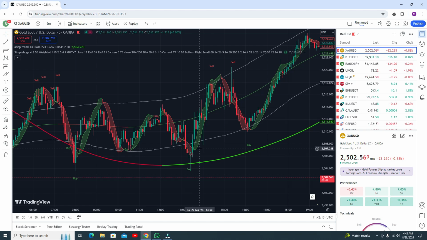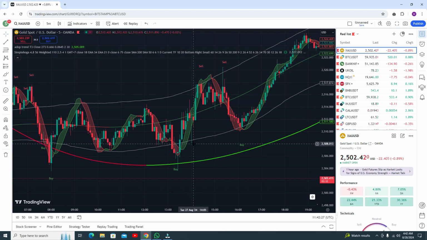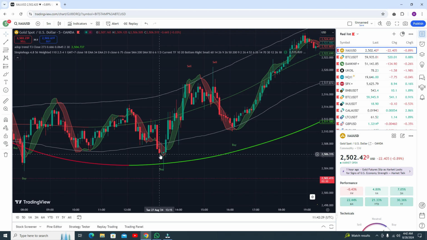Let me show you again some rules here. The first rule: the adopter line should be below the lower band line. Yes, it is. The RSI should be below the lower band line. Yes, it is. Third condition, you got the buy signal. Yes, it is. The candle must come inside the RSI. Here the candle is outside, but this candle comes inside the RSI. So the fourth condition is true, and this adopter line is also green, so this is your double confirmation signal.